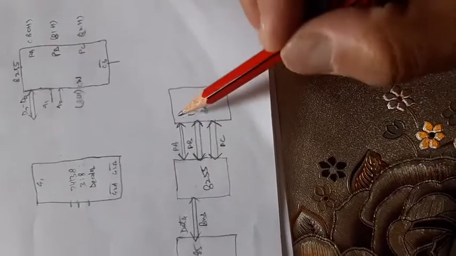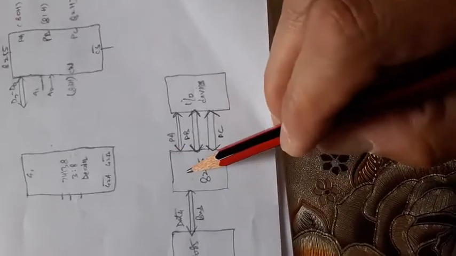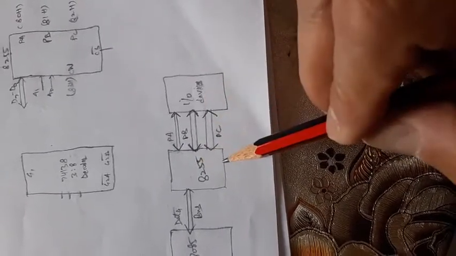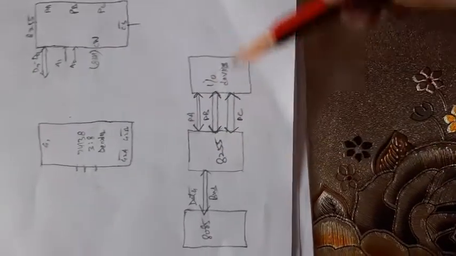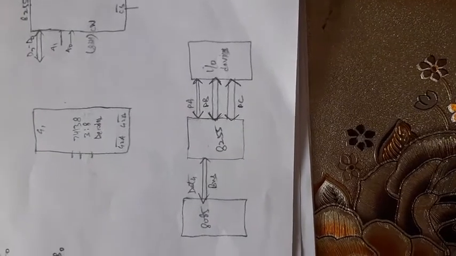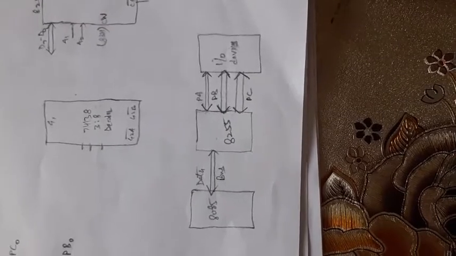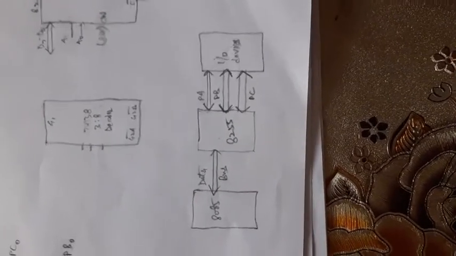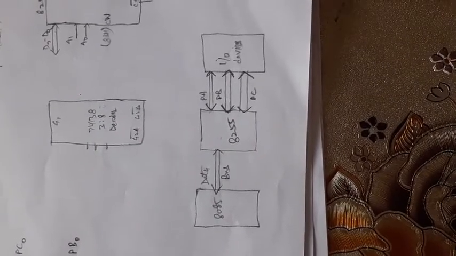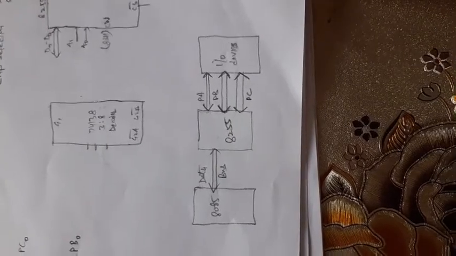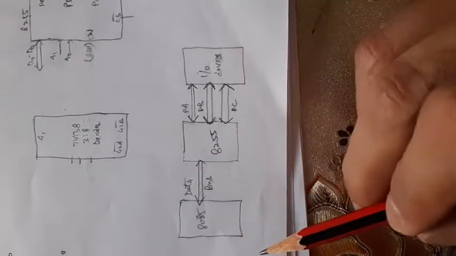So how does this transfer happen using the 8255 chip? The IO device first asks for permission to transfer the data to 8255. 8255 grants that permission to the IO device, then the IO device sends the data to 8255. Now 8255 receives that data and keeps it in some temporary register, and then informs the microprocessor that it has some data. Whenever the microprocessor is free, it gives the read signal to 8255 and asks for that data. Then 8255 sends that data to the microprocessor.